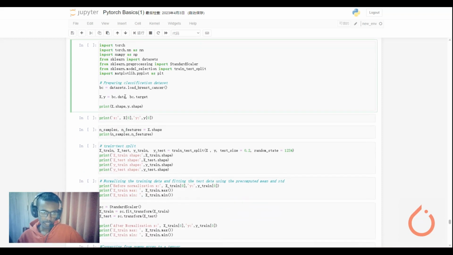The first thing that we have to do is to prepare our classification dataset, and by using the datasets module, we can call load the breast cancer dataset, and this dataset has data and target, and once we assign it to the variable bc, we can call them using .data and .target,